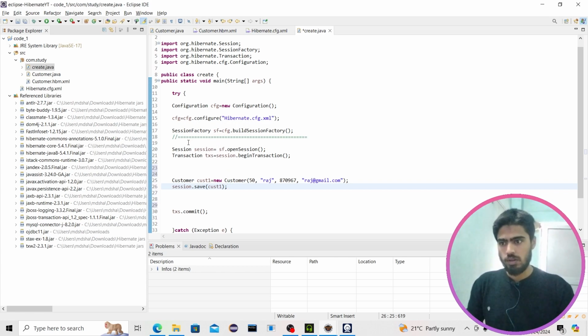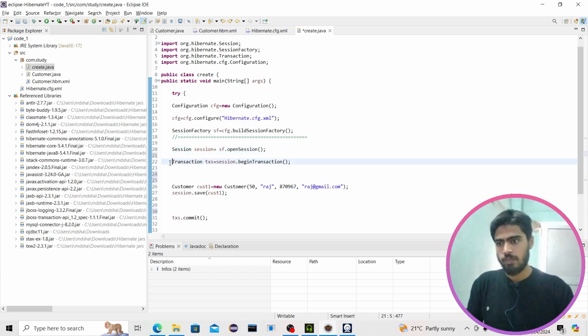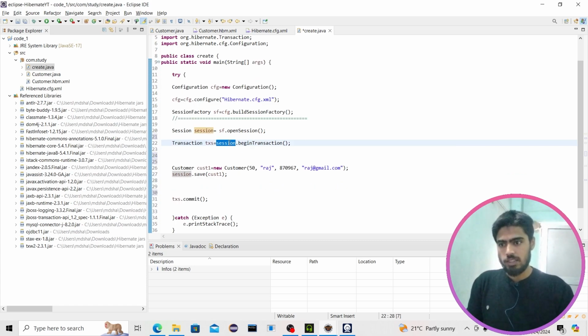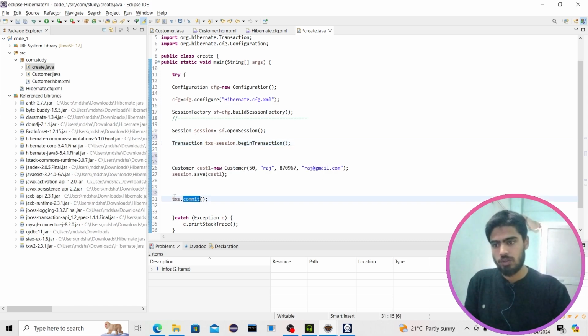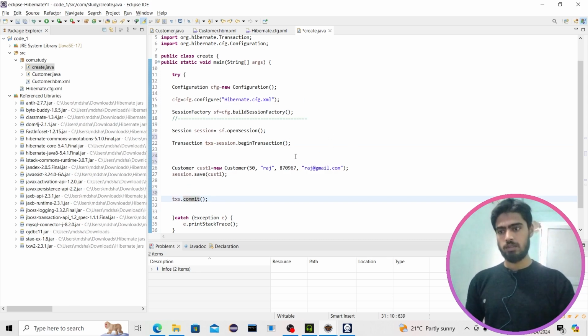So you also get the idea of what this session object is doing and what this transaction line is doing. When we are calling begin transaction with this session object, then we are going to get the transaction object, and this transaction object is going to be responsible to flush everything to the database. You can understand it as